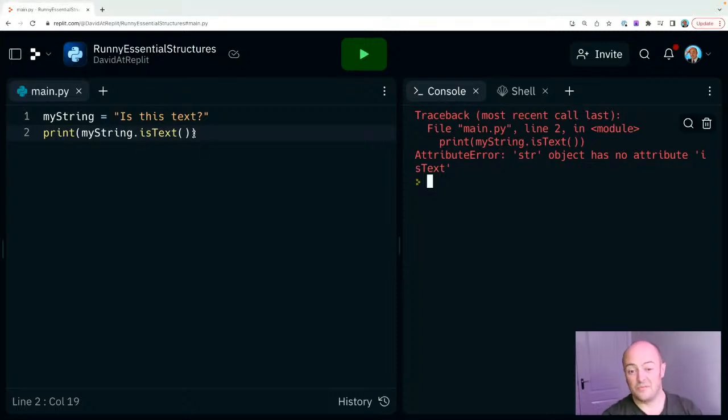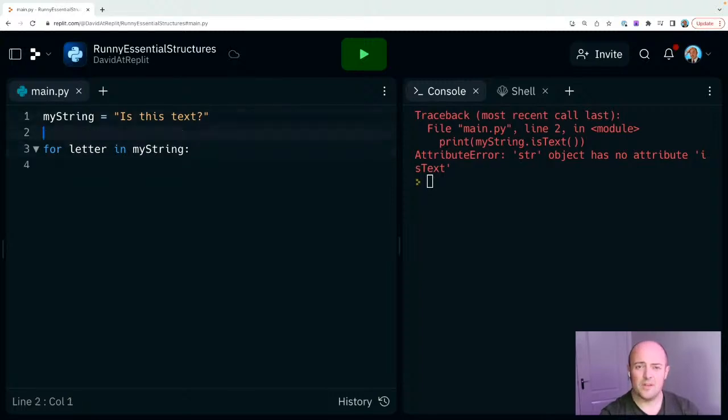Yeah, okay, well, I can't see an obvious answer for that. But one of the things you could do is we can do for letter in my string. And we can, oh, is alpha? This is the problem. So many programming languages, and eventually all the things start blurring together in your head. Have a quick look.